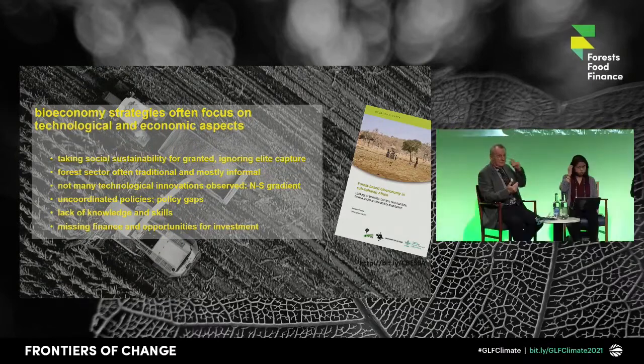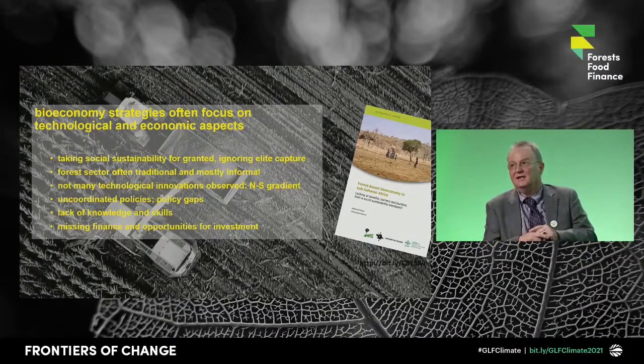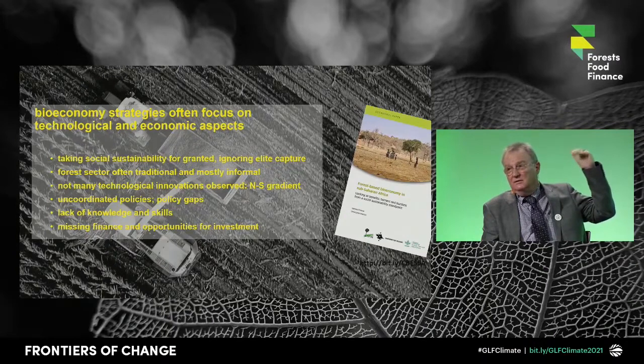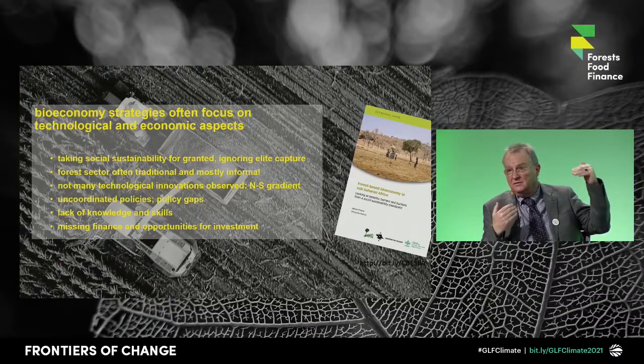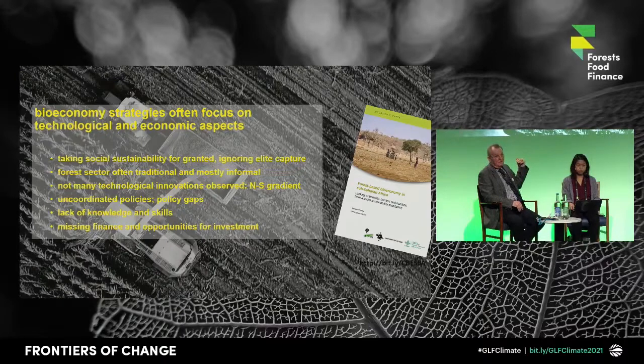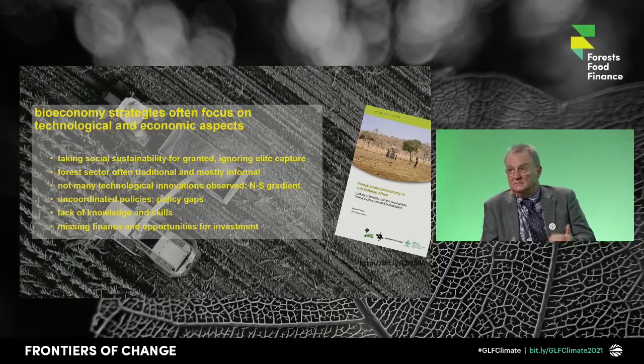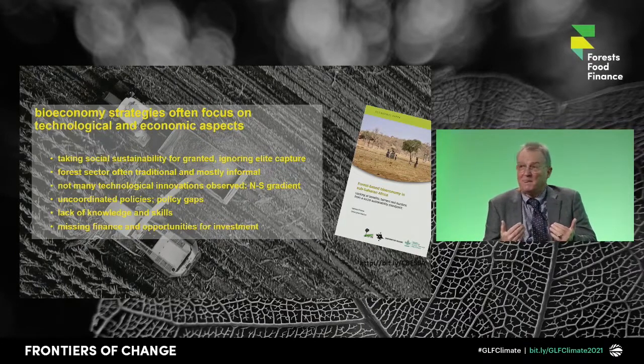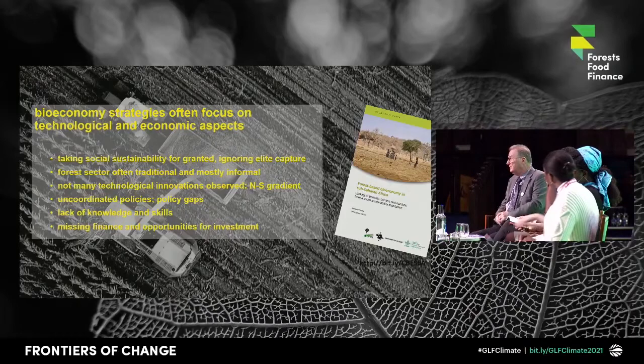Also, what we see is that mostly these activities are very traditional. It's timber, non-timber forest products, and so on. There's nothing really innovative in those activities. We see basically in the north of the planet there are more innovations than in the south. We see also a lot of uncoordinated policy and policy gaps. We see a lack of knowledge and skills to move forward with this, and we see also missing finance, missing funding and missing opportunities for investment. And so there's a lot that needs to be done, and that's what took us to